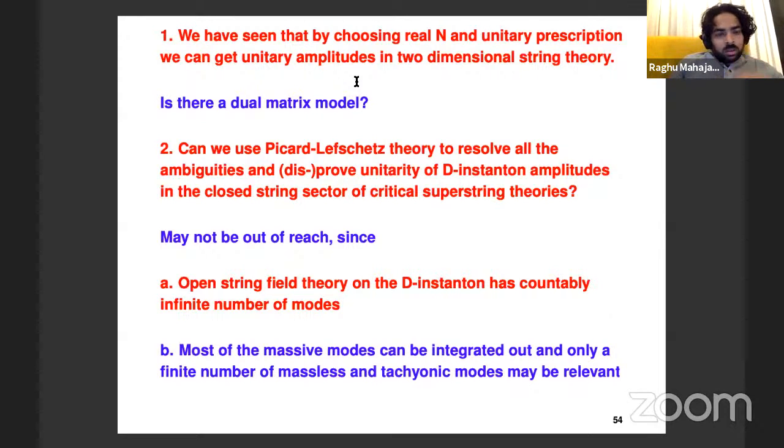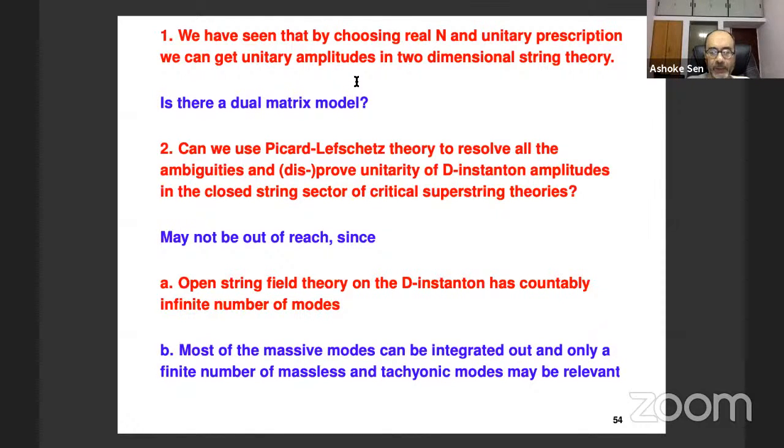Is it true that there are two theories here? Are you saying that the BRY prescription leads to one definition of string theory non-perturbatively, and this other one that you are describing is a different definition, and they're dual to two different matrix models? Is that what is happening?